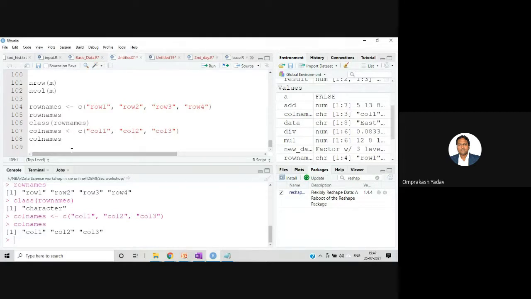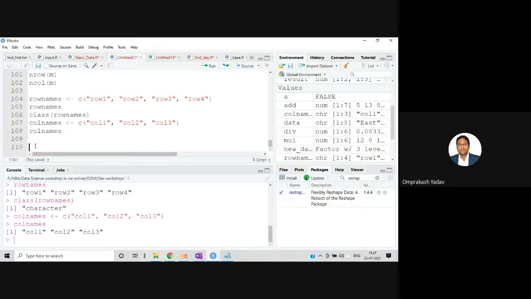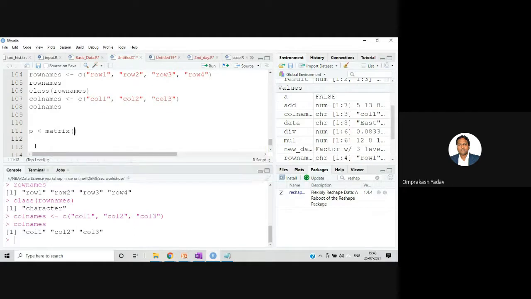Now let's create the matrix with these particular row names and column names. I'm taking variable P, and I'll use the matrix function. With the help of C, I can mention first the elements. Same elements I'll take 3 to 14, and I'll say n row equal to 4.